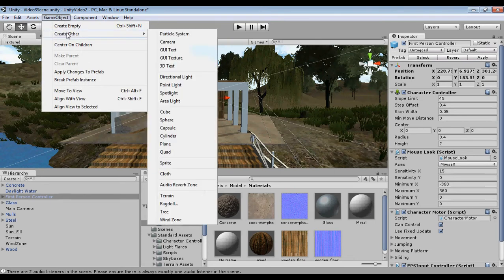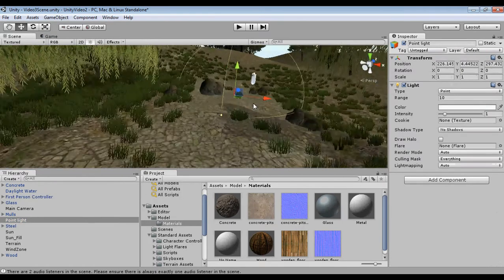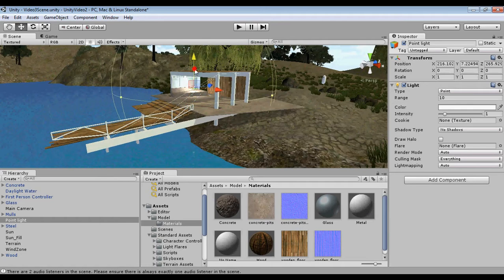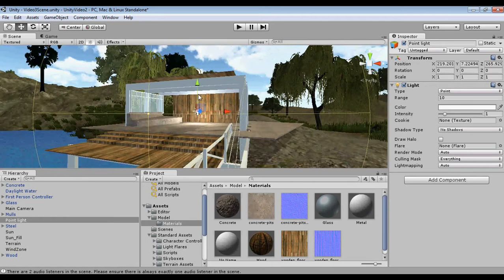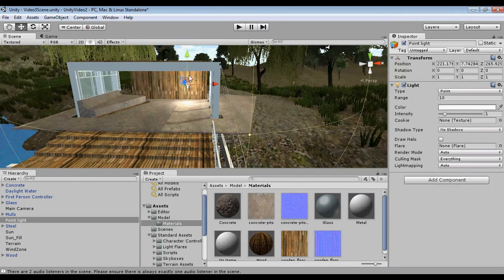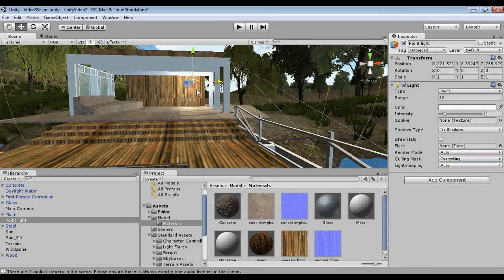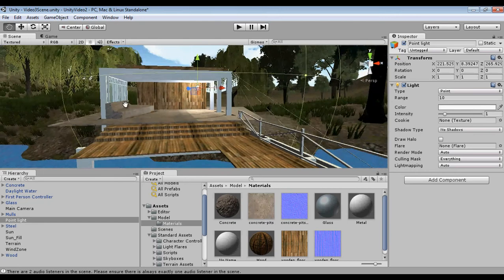So I'm going to go to Game Object, Create Other, and Point Light. And then I'm just going to move that point light into this area right here. And you can see right off the bat that it definitely has a strong impact on the interior. And if I move that up into the edge, I can look at my shadows. I already know light's coming in along that edge. Just bringing that light up a little bit starts to create a little bit more of a gradient across that surface. Again, it's nothing wildly precise,